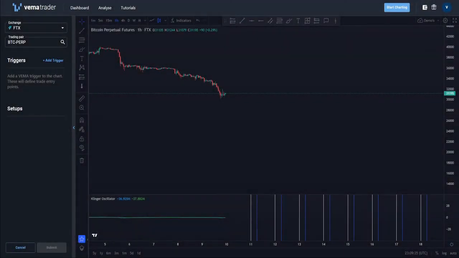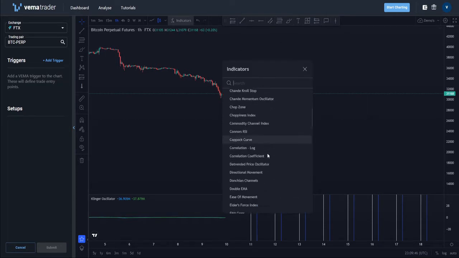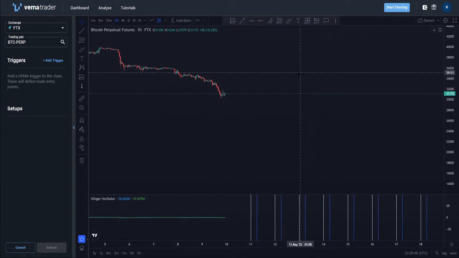Hey guys, so I've had a user ask me how to replicate a session times indicator in VEMA. Currently, with the indicators available in the TradingView SDK, we don't have access to a session time indicator. The best thing is to write a feature request and then vote on it if you really want to see this put in. In the meantime, a workaround that I came up with is to come to the fifth section